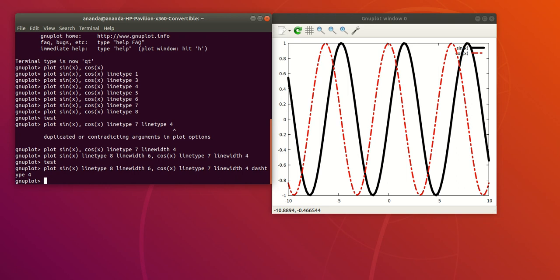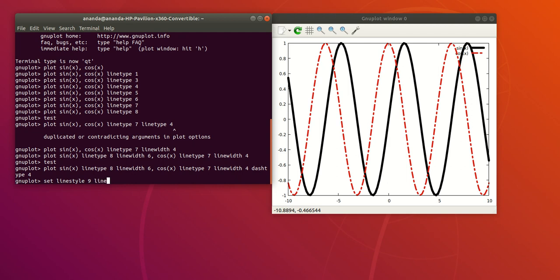And to define a line style, you will use the set command as always. And what I will do is I will set line style followed by a number which tells gnuplot which line style we are setting. Let's say I want to set line style 9. 9 is an arbitrary number I have chosen. I just don't want to mess up the default line styles which correspond to the smaller numbers,